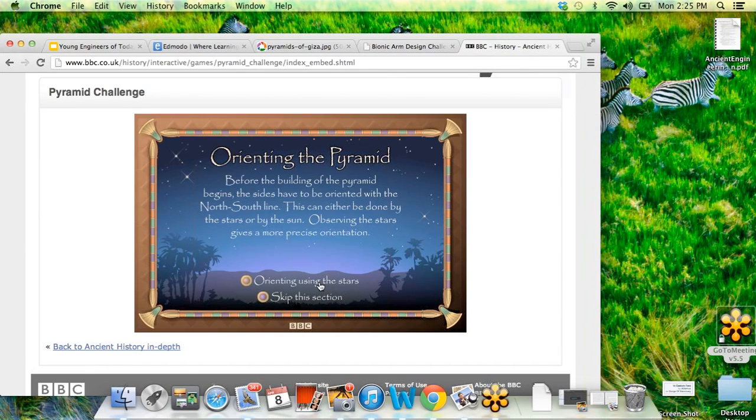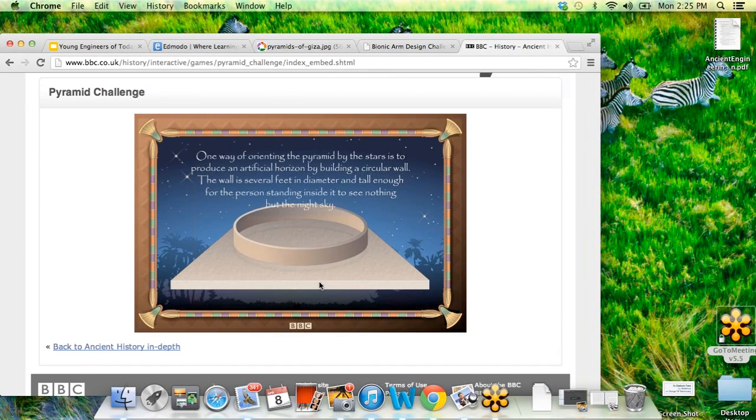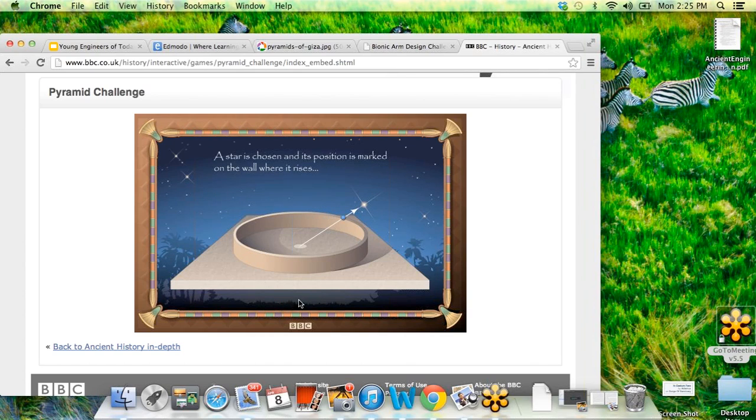I thought this part was really interesting, where in order to orient the pyramid so that it would be facing north, they used something like the sun, or the star, not necessarily the sun, would rise, and then where it would set in the east and the west, and use that to find north. They would bisect that angle.